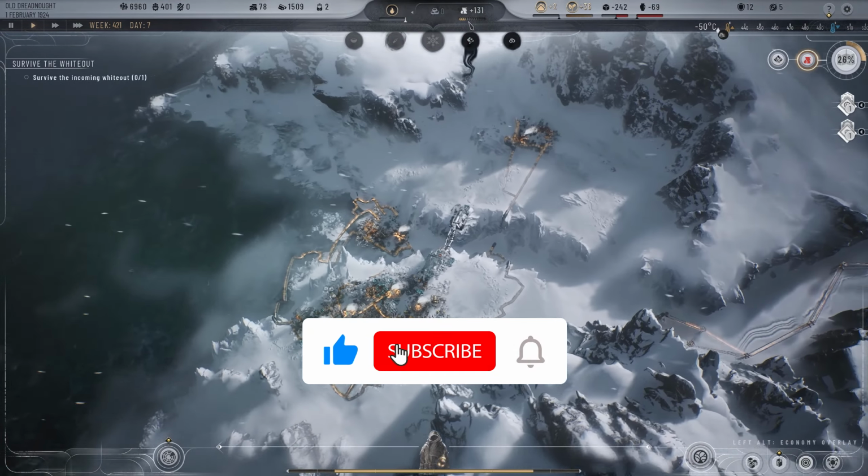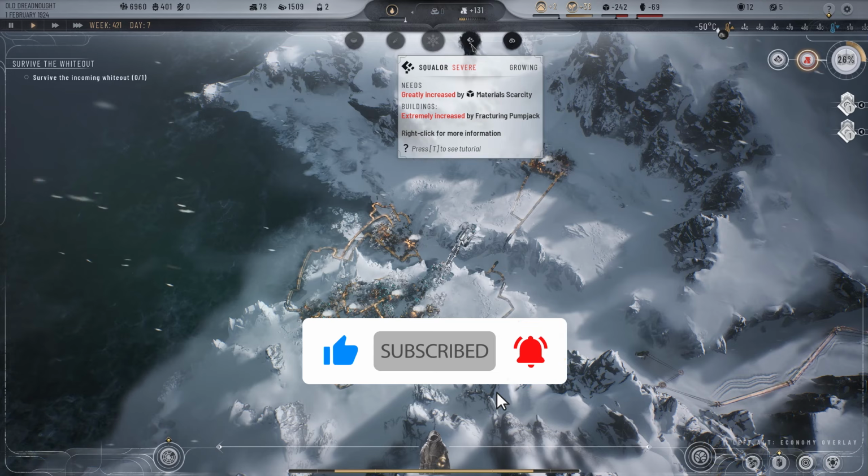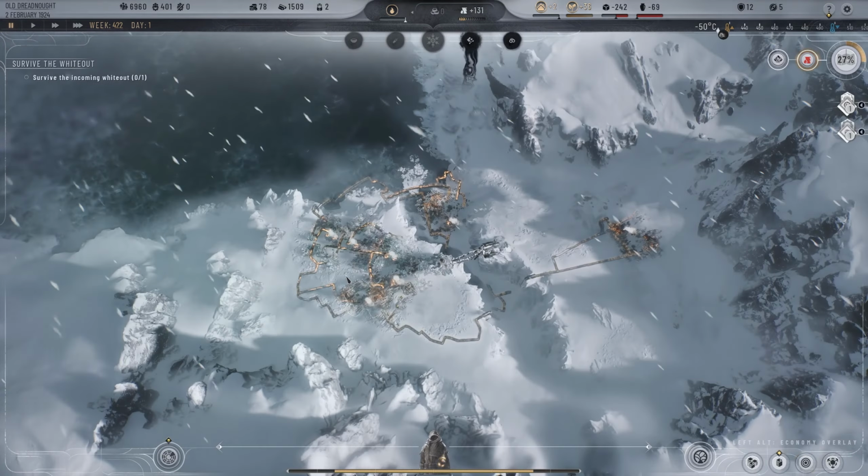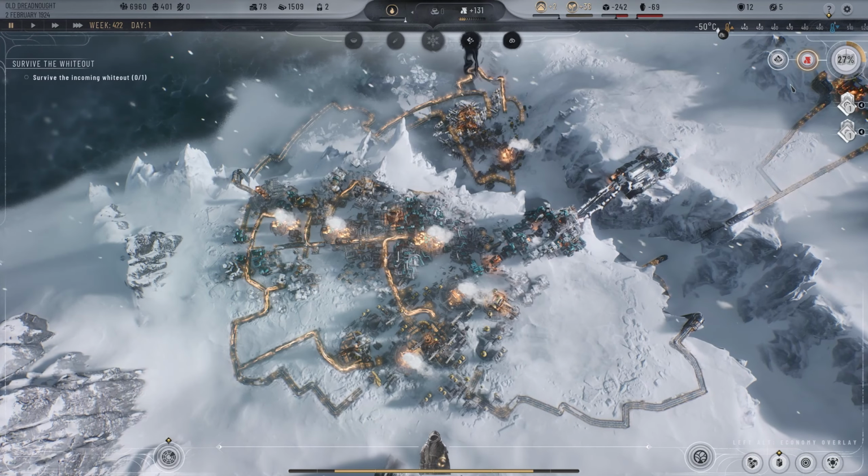What do we got going on here? Squalor's out the wazoo, by material scarcity. Okay, we need to build... Oh, we can't because we don't have heat stamps. We'll get heat stamps, but...